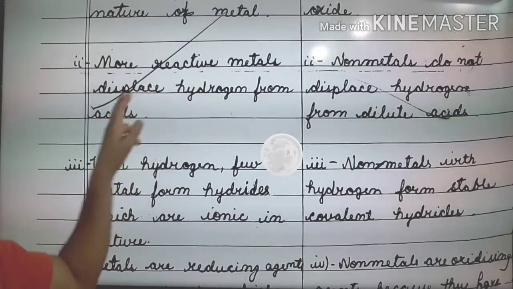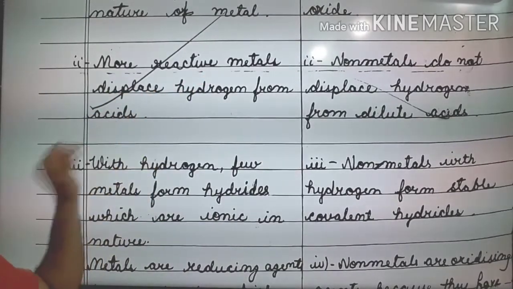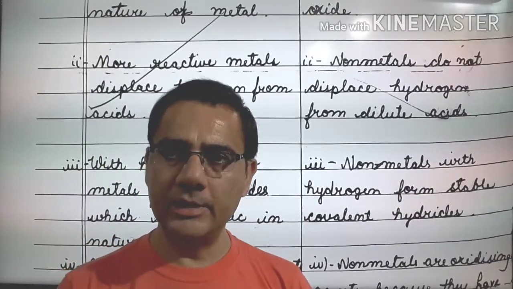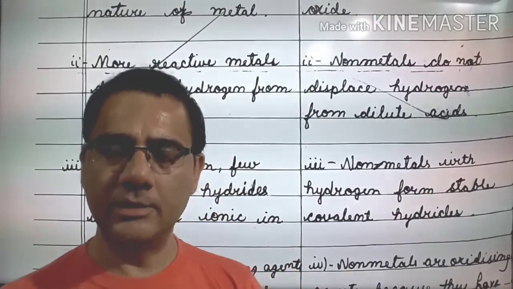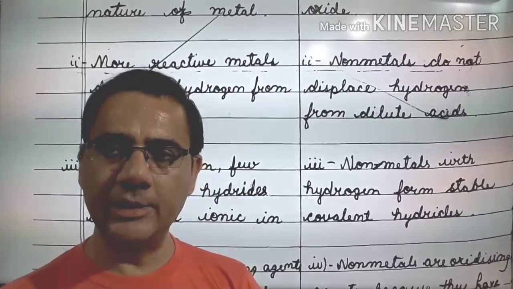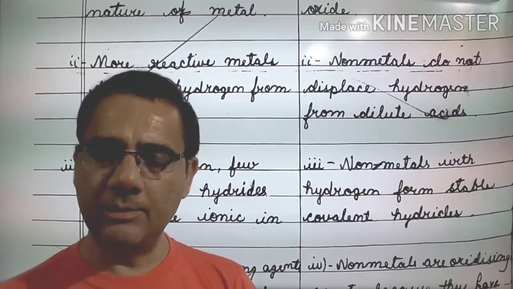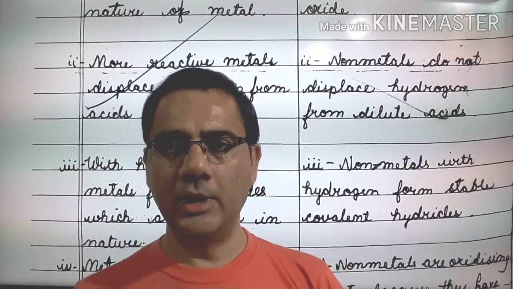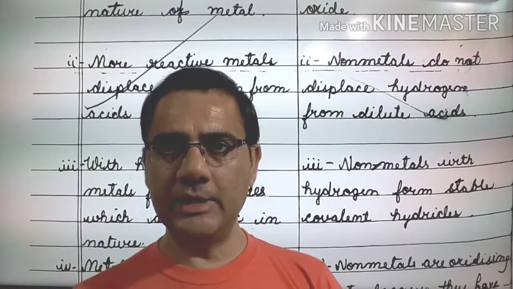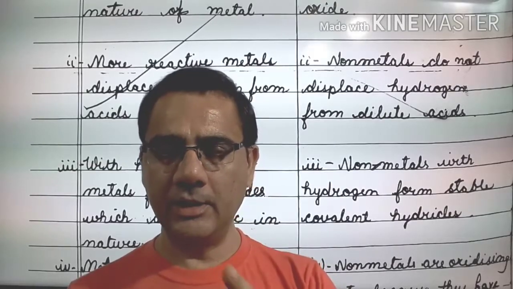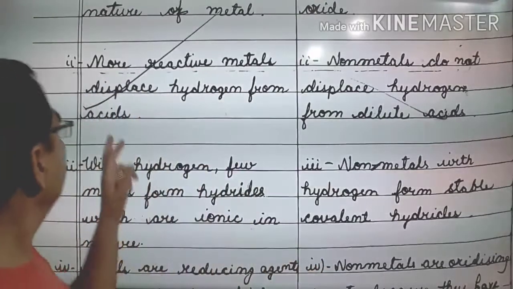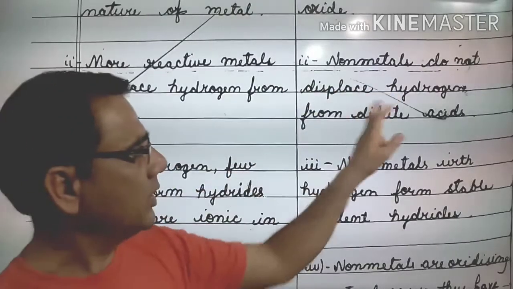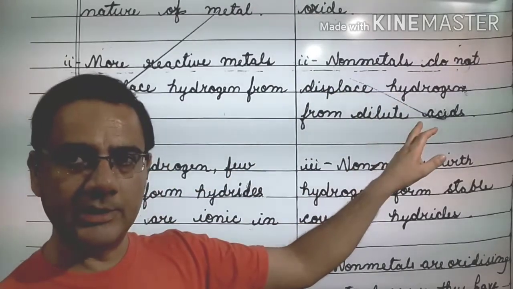more reactive metals displace hydrogen from acids. When the metal reacts with the acid, like Zn plus 2HCl gives ZnCl2 plus H2. In this, the hydrogen from the acid is displaced by another metal. So more reactive metals displace hydrogen from acid, but the non-metals do not displace hydrogen from dilute acids. Third point,